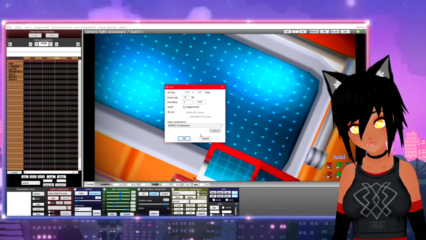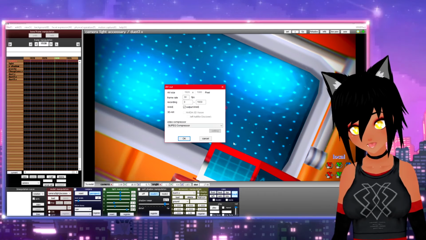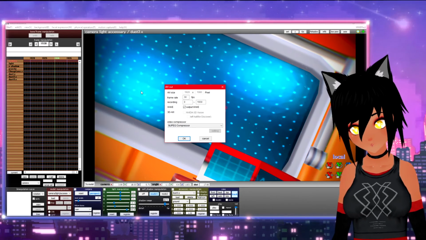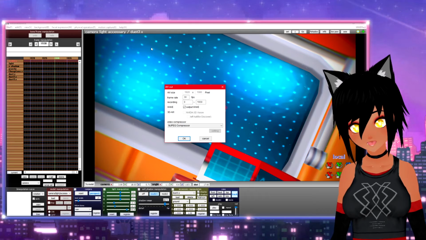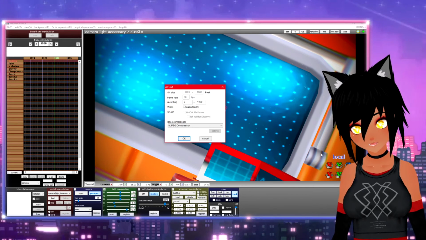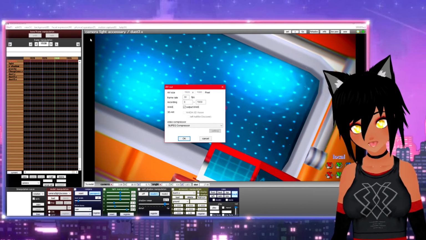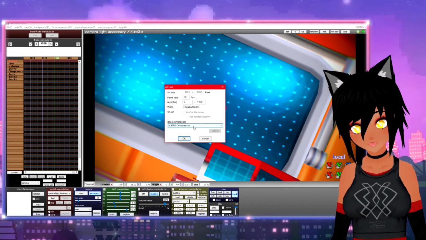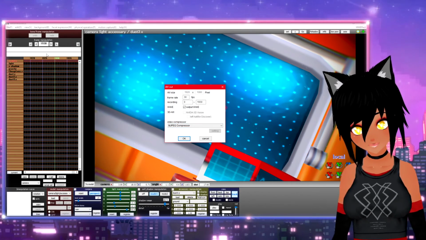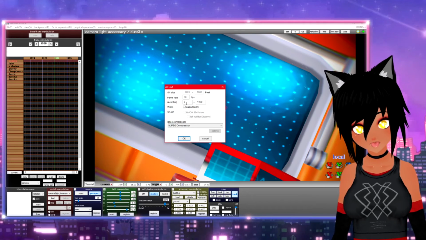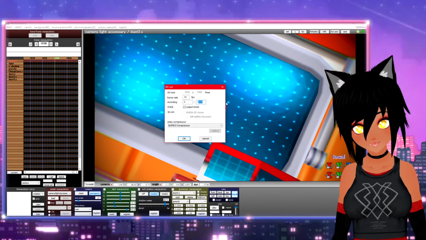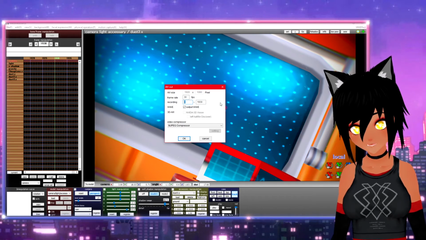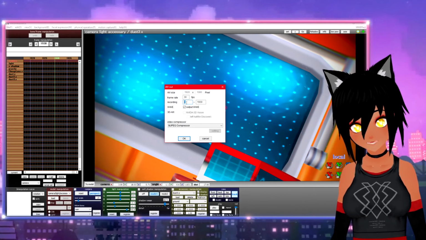And once you click OK, I'm not going to click OK because I'm not going to save this. But once you click it, another window is going to come up, and it's going to play this animation full-sized, and it's just going to go frame by frame, and it will say recording, and it'll say 0 out of 1930 frames. And then this number will be going up, of course, as it's recording each frame.